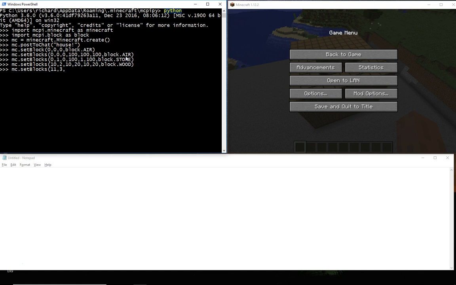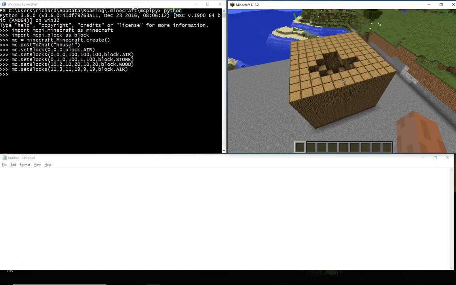See if that's which one. I can't remember which one it is. 11, 3, 11. So 11 across, 3 up, 11 in. That's where we're starting. Those are your first start coordinates, and then the end coordinates are the similar thing, but here instead of finishing at 20, you don't want to go all the way to 20 because you want a little bit of wall. So 20, 19, 19, and then block.air, and hopefully that will, if we go back here,